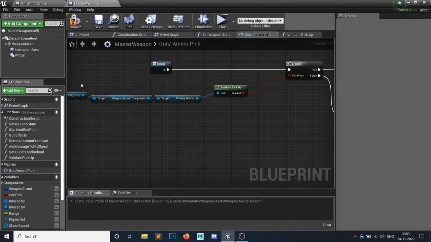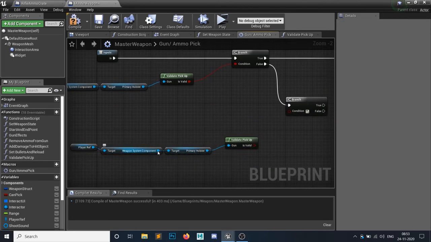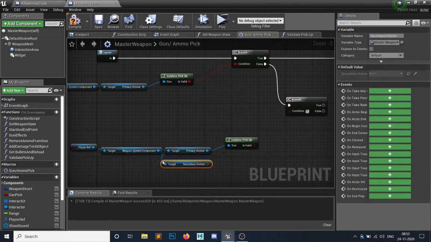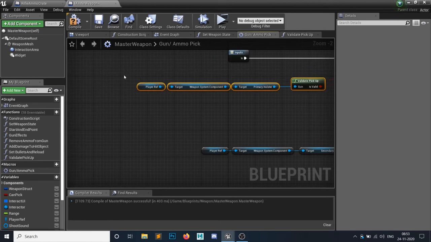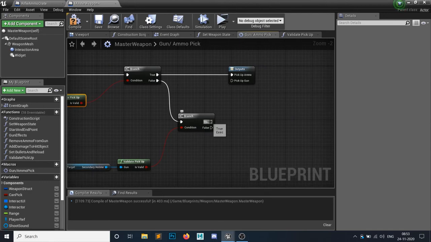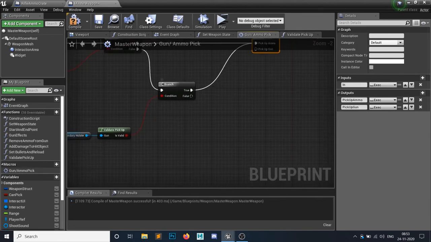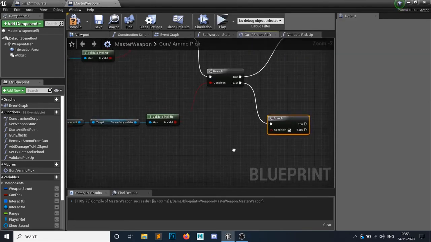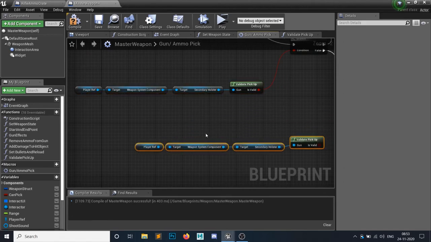Do this: Control W to duplicate that, and this time for the secondary holster, we don't need the primary in here. Hit Q, and the same way in here, hit Q. All right, so is valid will go to here. If it's valid, then we want to go to the pickup function. If it's not valid, then let's try for the pistol because that's the last. So hit Control W, duplicate that.